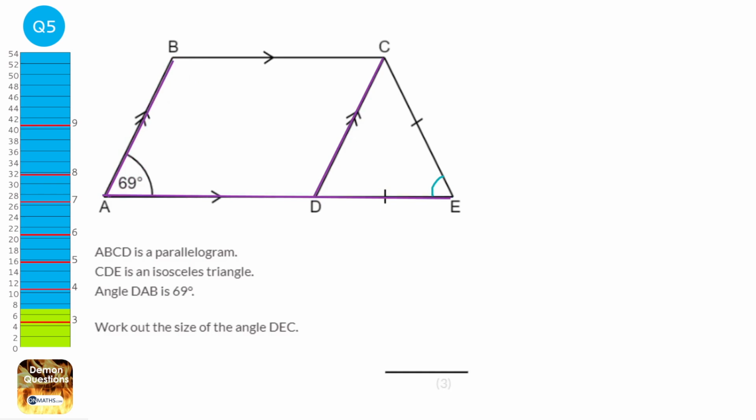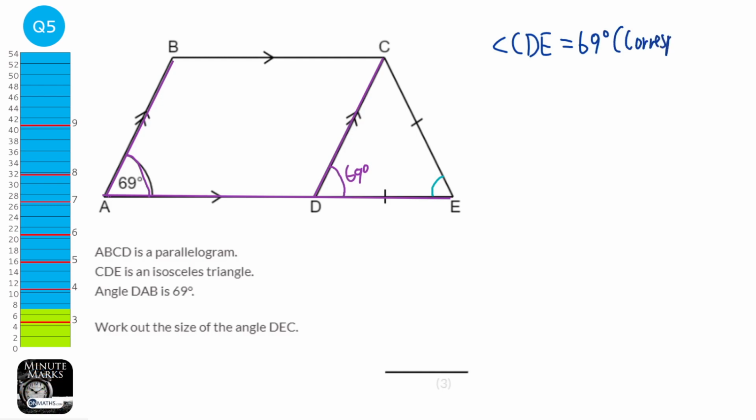And so therefore this angle here and this angle are going to be corresponding. So this is going to be 69 degrees. So I need to write that down properly. So angle CDE equals 69 degrees because of corresponding